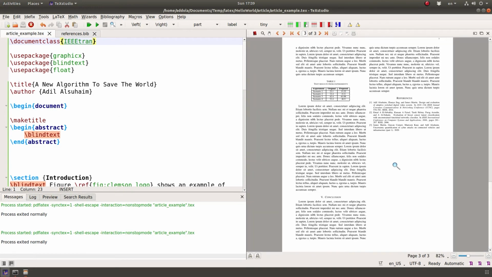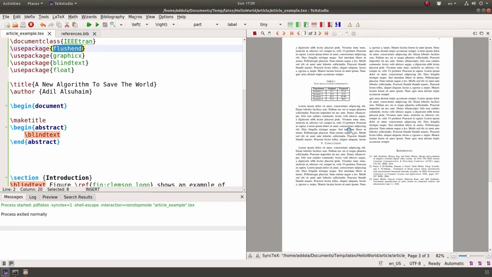Some conferences will require that the last page have columns of the same length. And in LaTeX, we could basically do this command, flush end, and I just run it. And if I look at it now, the last 2 columns end at the same place. So there's a lot to do there, and I think everyone should learn LaTeX for their typing. Don't use Word. You can practice by writing your own documents, homework, reports, whatever. It's very good. There's also thesis format. A lot of universities use that.